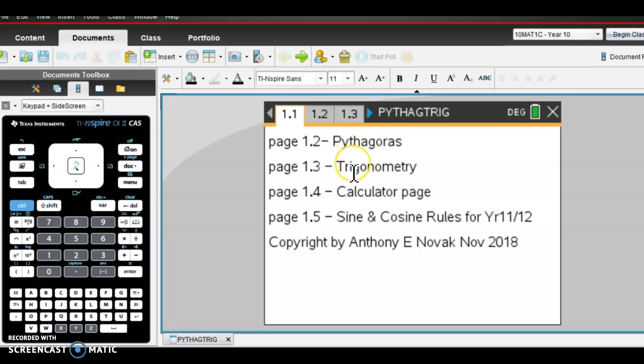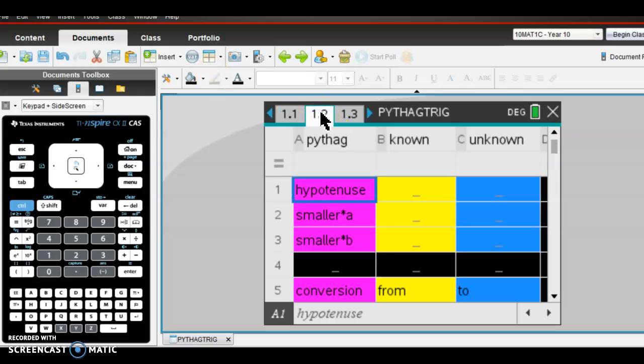Pythagoras and trigonometry. Later on, if you ever do senior maths, 11s and 12s, you may want to use page 5, which is sine and cosine, special application. So it's a typical process. Remember the yellow areas where you put your information that you've been given, and the blue areas where you can find the answer. And with the